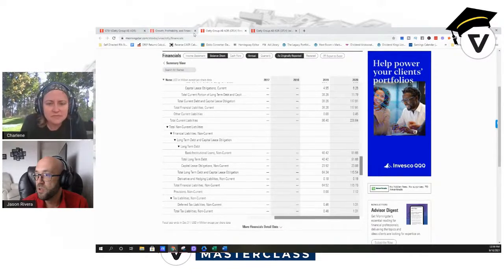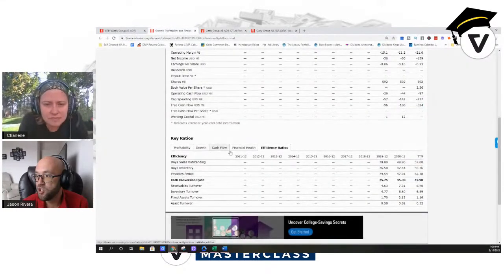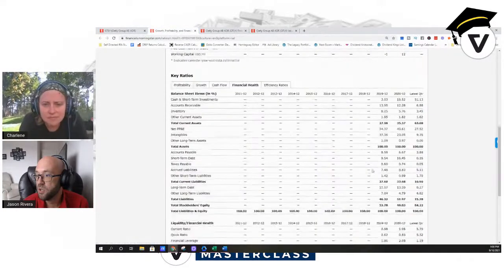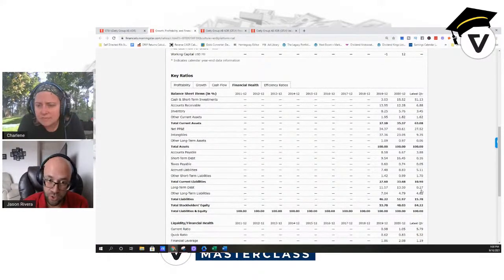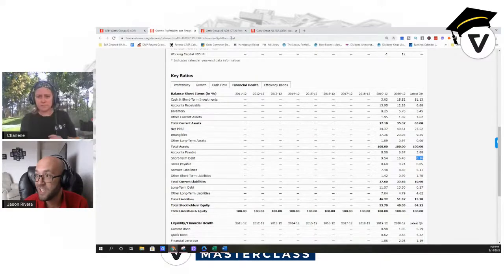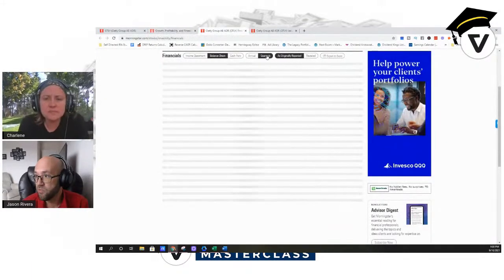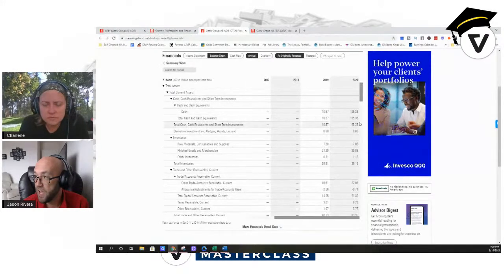So this is weird. Again, I need to remember this is old information because I was going to say this is weird. Their debt isn't showing up over here, but we're not looking at the latest quarter. So we're looking at 2020 when they had more debt. So they may have paid this money off. Charlene, that short-term debt we were just talking about that leads to issues. They may have paid this off by now. But we don't know for sure. I can't look at this information for whatever reason. I've never had this problem. I'm not sure why that's happening, but they may have paid this off.